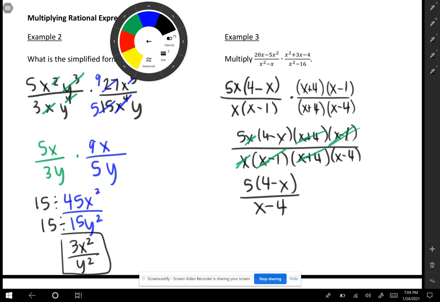Now 4 minus x and x minus 4 are very close to being the same thing. We can actually fix them so they are. I can factor out on the top a negative 1 from 4 minus x. So if you take a negative 1 out,